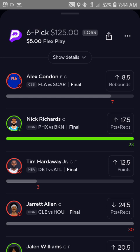Yesterday I needed Alice Condon playing for the Florida Gators, going against South Carolina University, to get over 8.5 rebounds, and he fell short with only 7 rebounds. The guy he was guarding didn't take 3 pointers. I think the guy that he was paired up with, Colin Bowles, did a great job of boxing